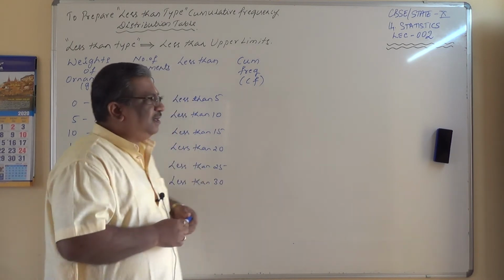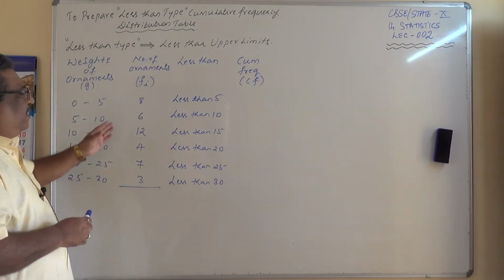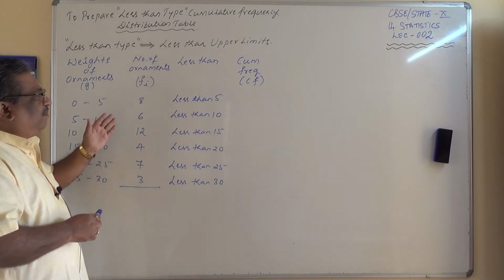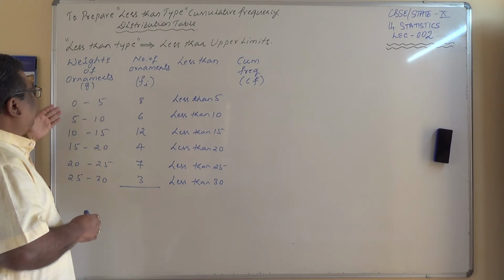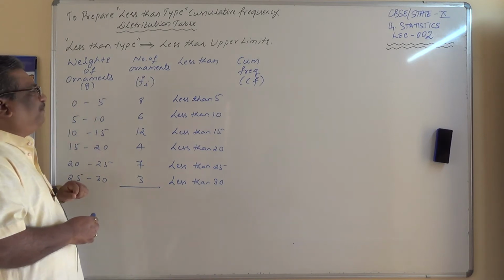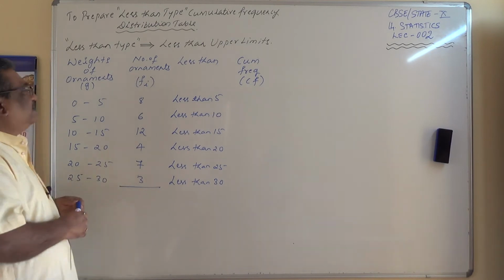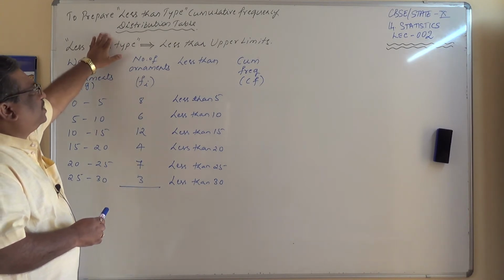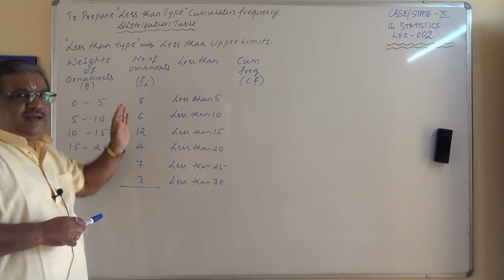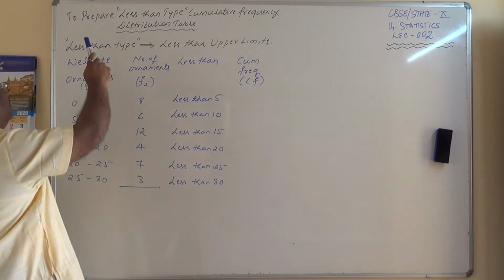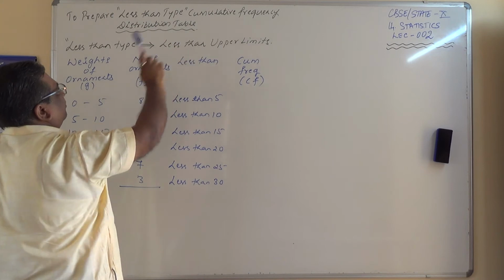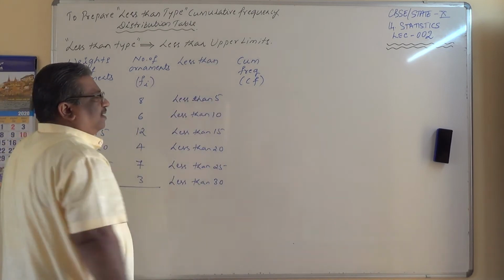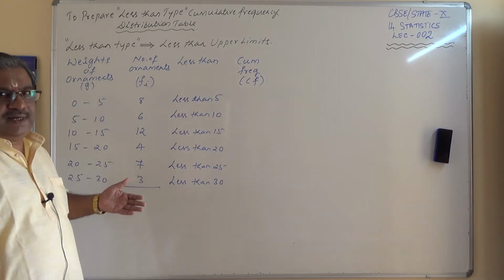So what we will do here is, I'll take one example first, where we will prepare the less than type frequency distribution table, and from the given data once again we'll try to extract the information that is required to find out the median. Now I hope you are understanding what I am talking. Let us try to prepare the less than type cumulative frequency distribution table from the given data first. Title: to prepare less than type cumulative frequency distribution table. Less than type means it is less than upper limits for class intervals. You will be given class intervals and frequency.